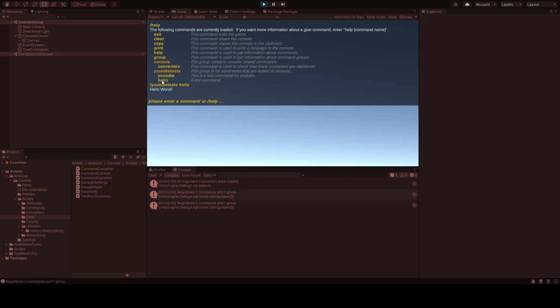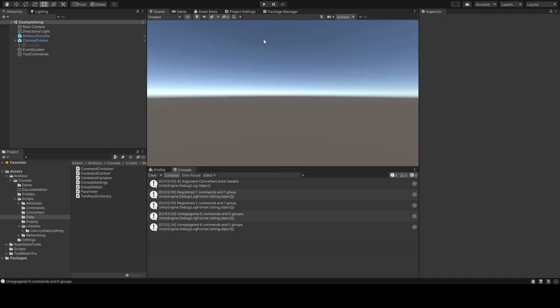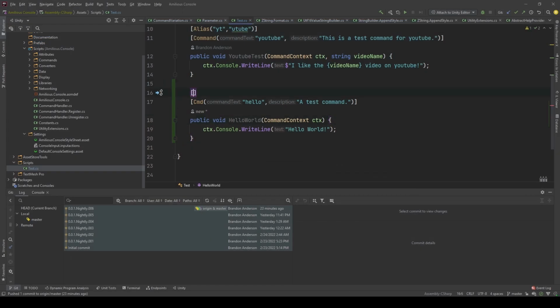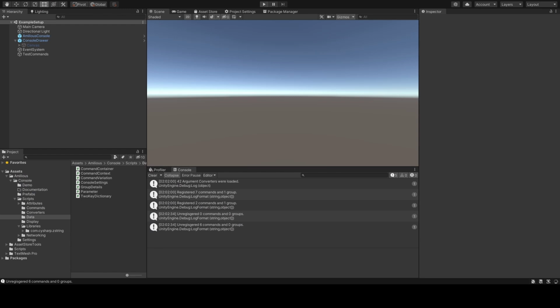You see hello world. But what if we don't want to see that command? If we want to be a little more secretive, well, that's what this attribute is for. And the attribute we need here is the no help attribute. So I can simply add the no help attribute, jump back over into Unity, hit run,